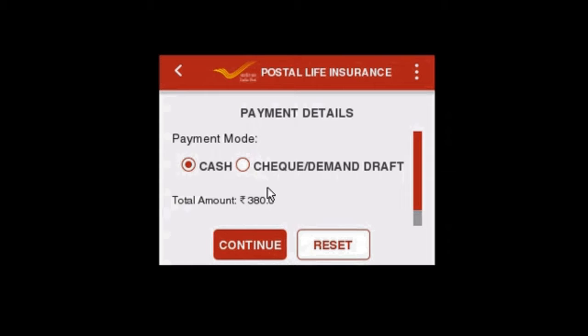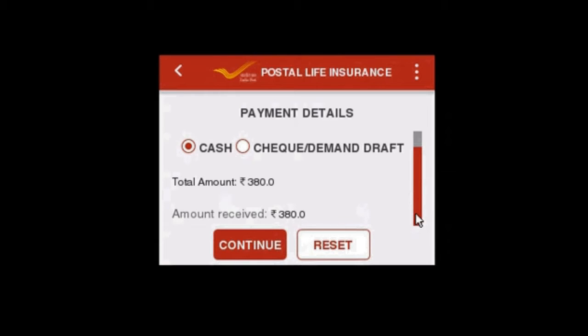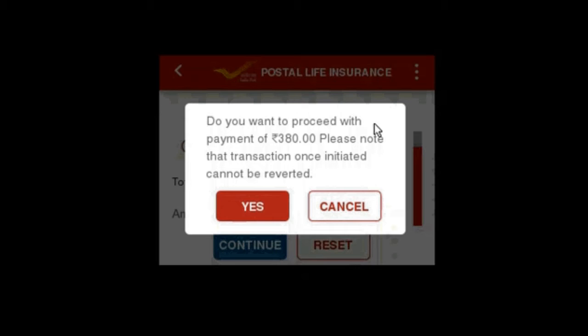Here we are going to accept the premium as cash, so we will click continue option. Now this warning message will come. Do you want to proceed with the payment of rupees 380?